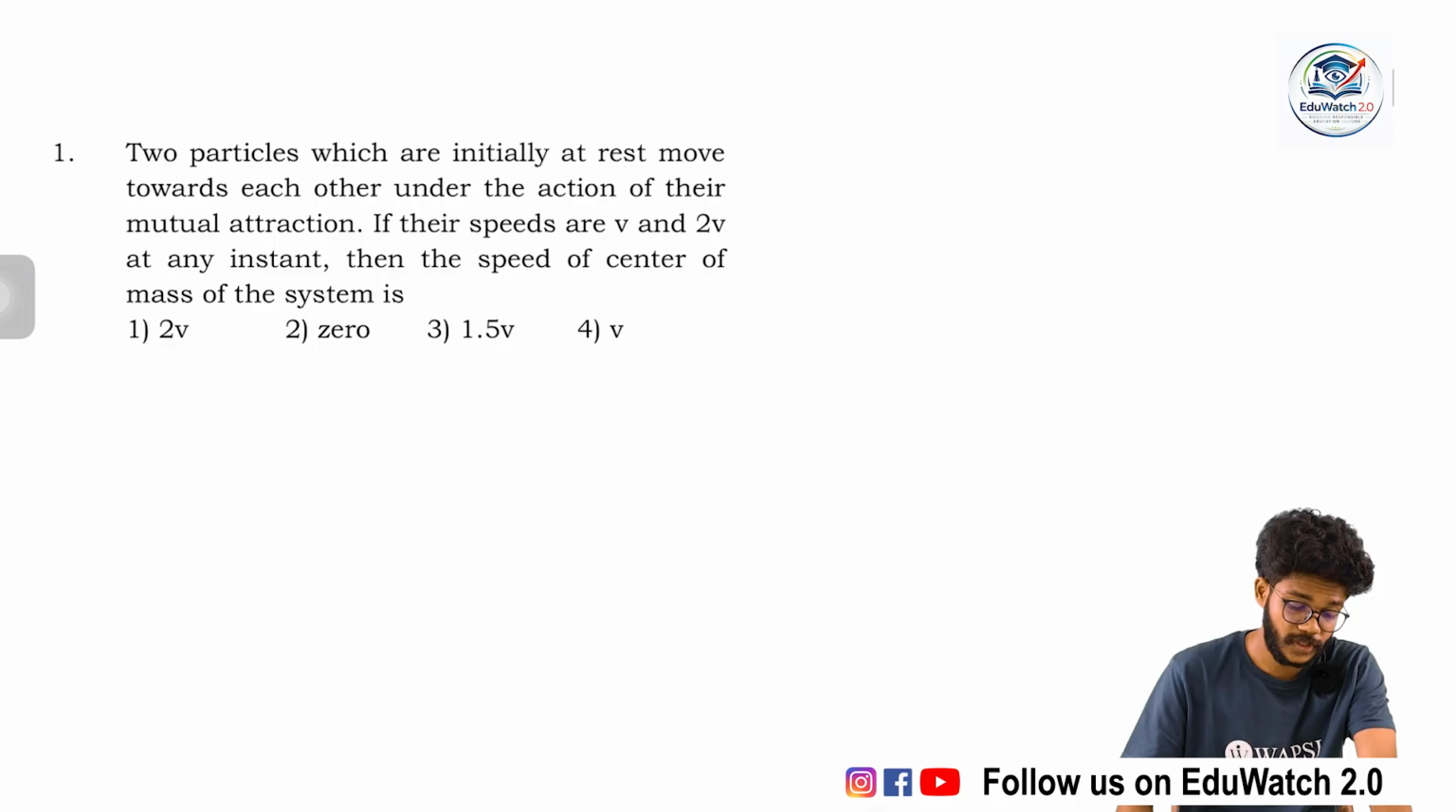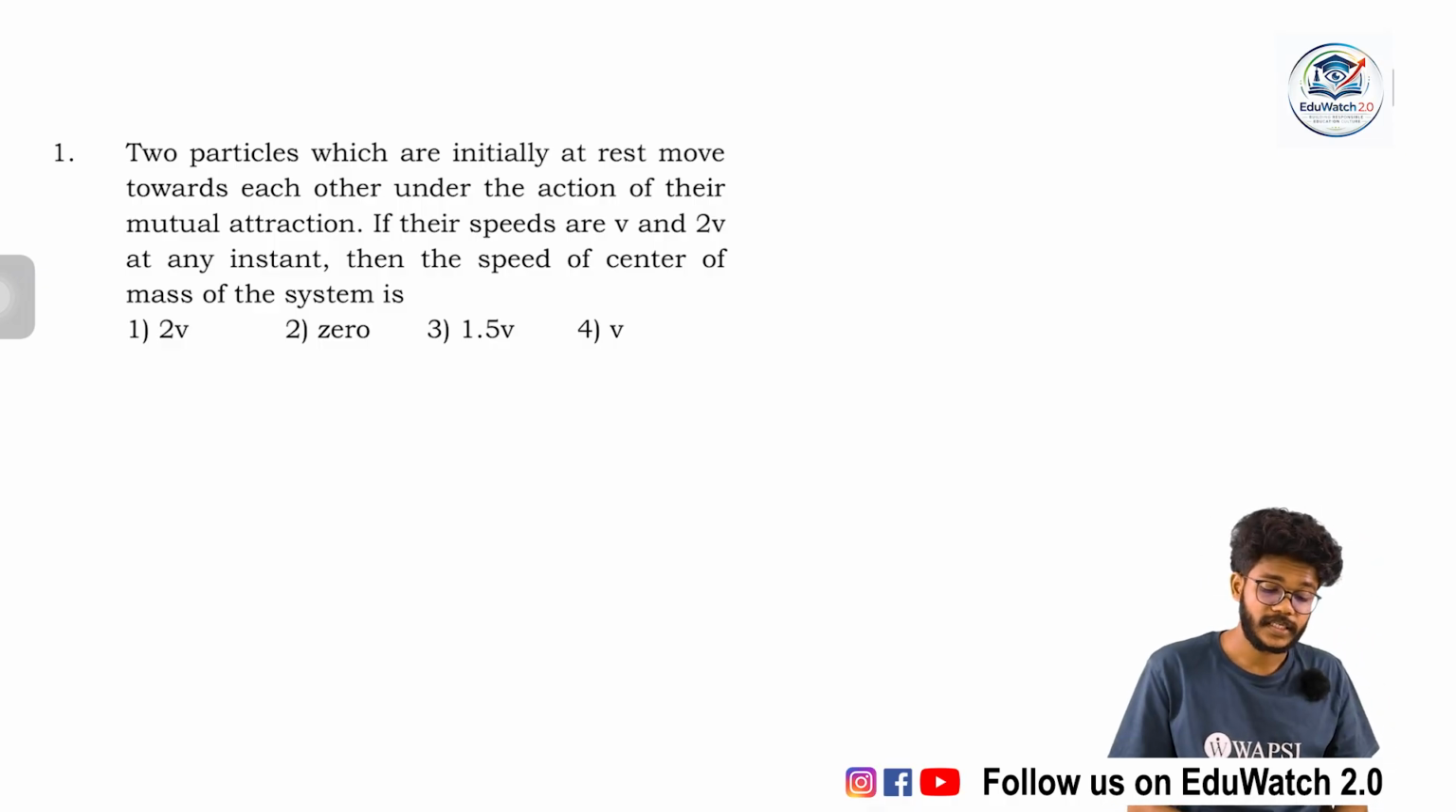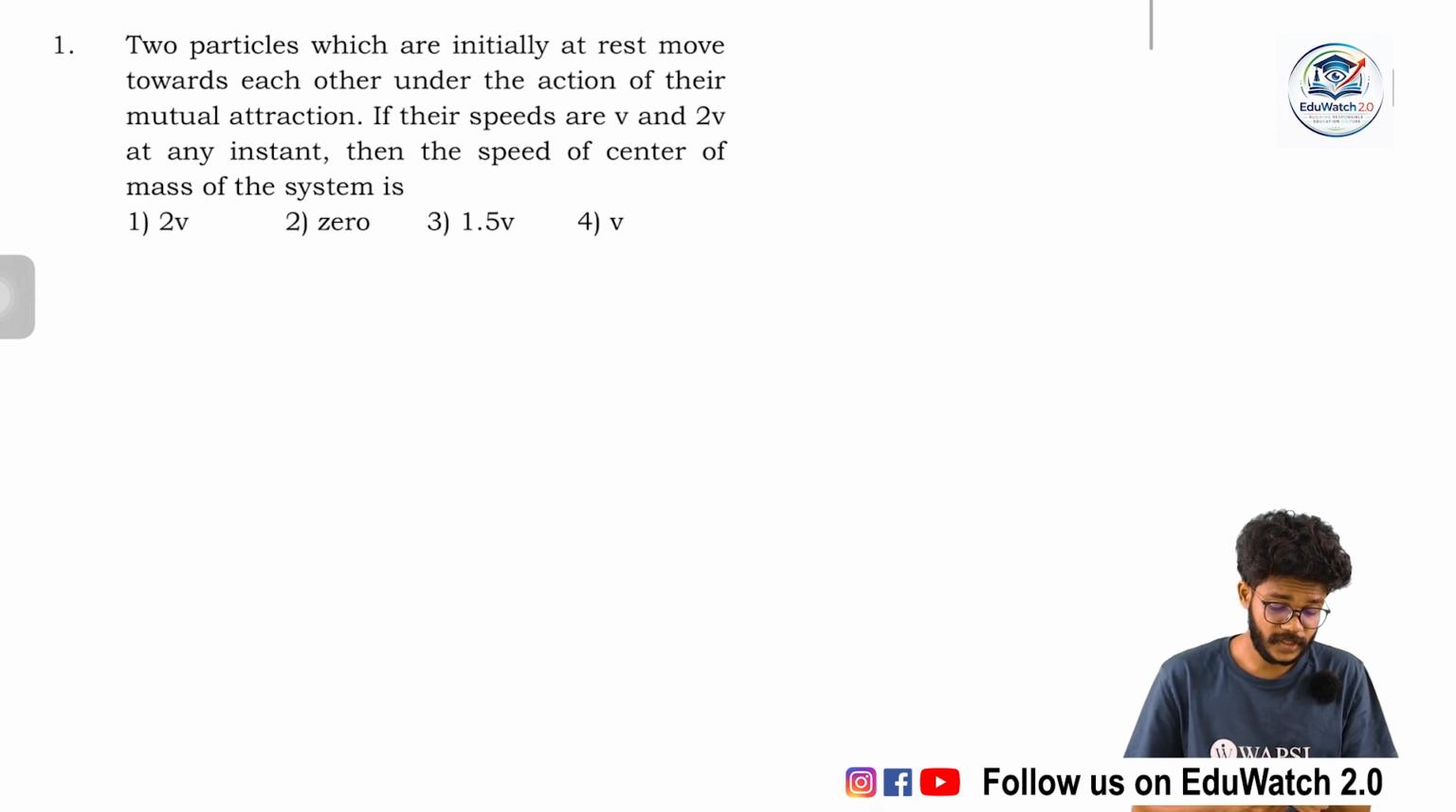Okay. So the first question is: two particles which are initially at rest, that means the initial velocities of the two particles are 0, move towards each other under the action of their mutual attraction. If their speeds are v and 2v at any instant, then the speed of the center of mass of the system is? So for a rough sketch of this system, if this is the first mass m1